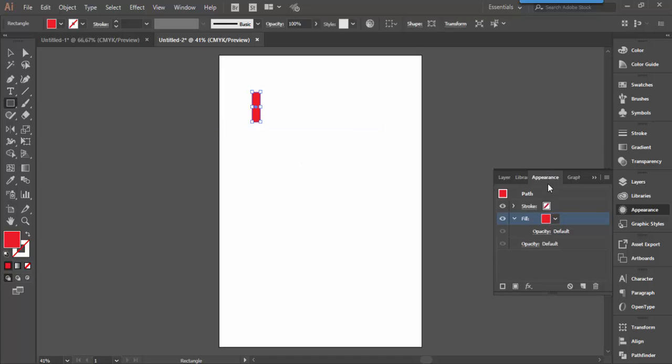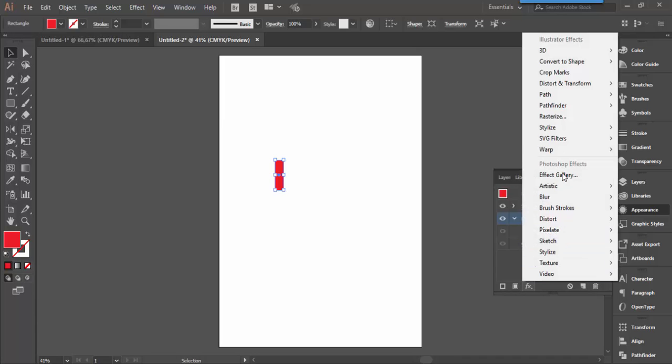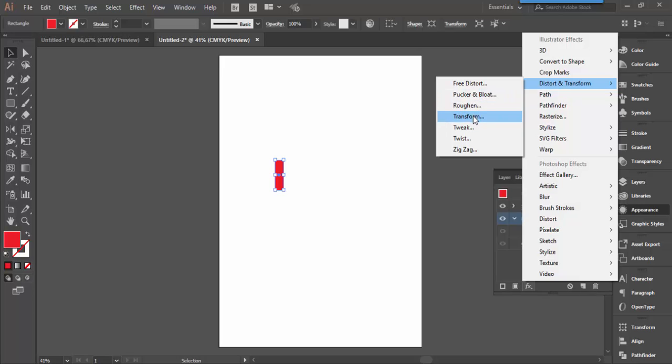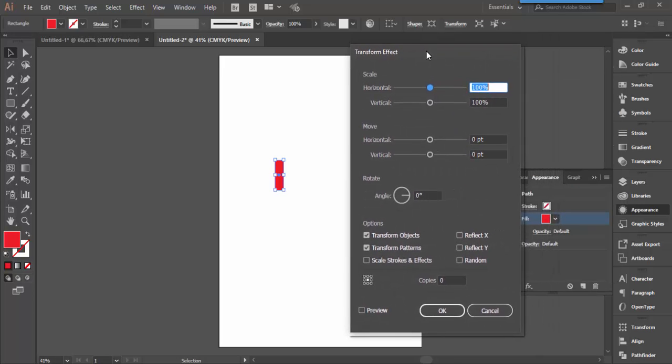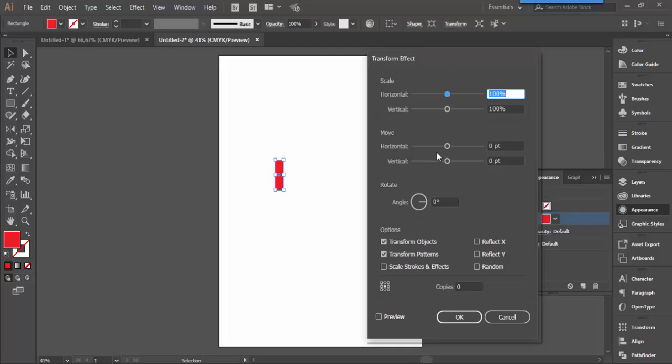And on the appearance panel, select fill or stroke, which you can transform in a sequence. So let me first move this path or shape, and I will select fill to transform it. After selecting fill or stroke, go to FX, distort and transform, and then choose transform. In the transform effect dialog, I recommend you turn on preview so you can see what you are actually